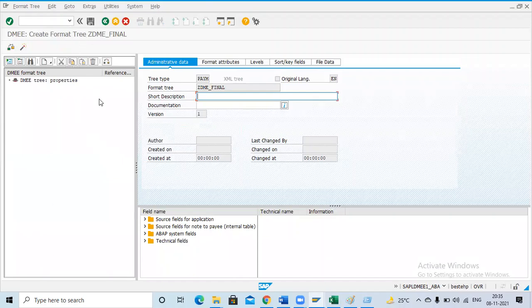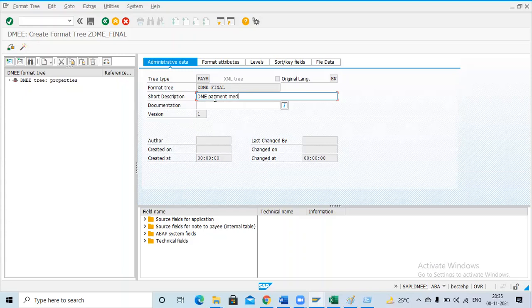Before creating the DME tree, first we have to give the basic information. This is our DME tree, DME underscore final. The tree type should be PAYM, not PAYH, guys. Please change that.